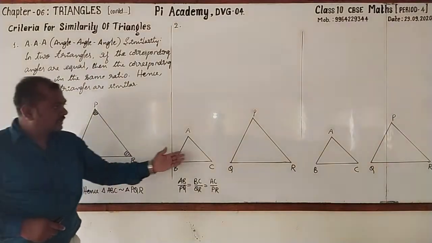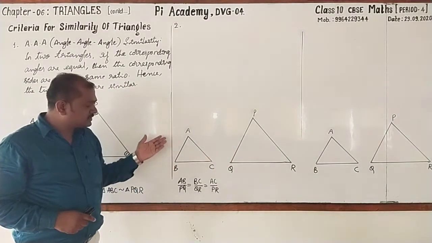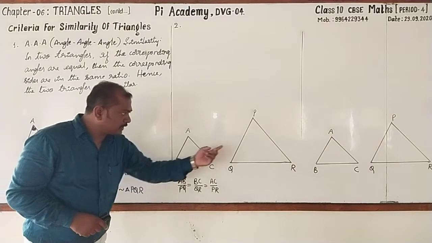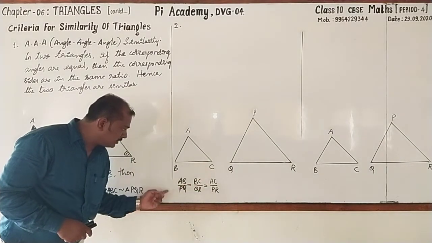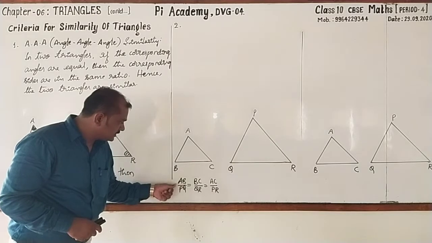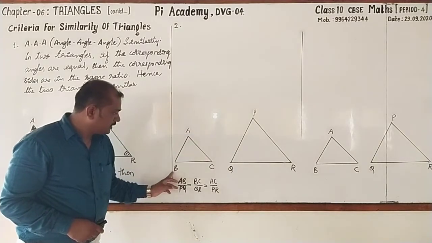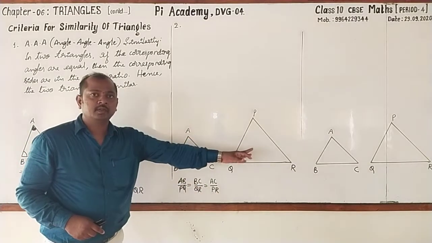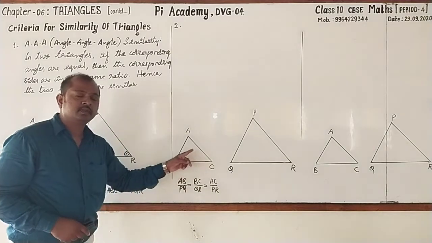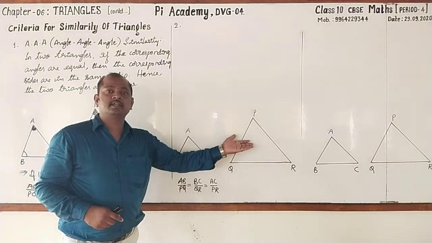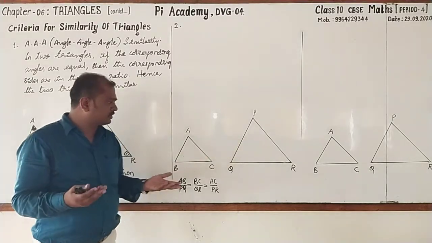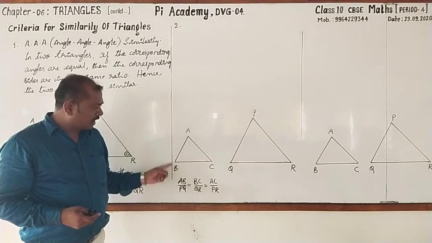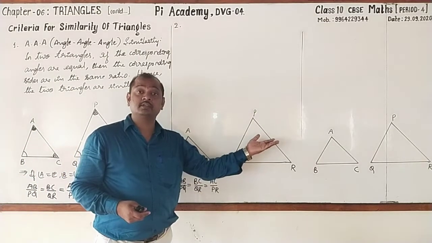Observe it. Here also I have taken two triangles. One is triangle ABC and another one is triangle PQR. With respect to these two triangles, here I have written a statement. Observe this. It is AB by PQ, BC by QR, and AC by PR. Then what do you say about this? Yes, the corresponding sides are in the same ratio, or else you can also say that in these two triangles, the sides of one triangle are proportional to the sides of the other triangle.